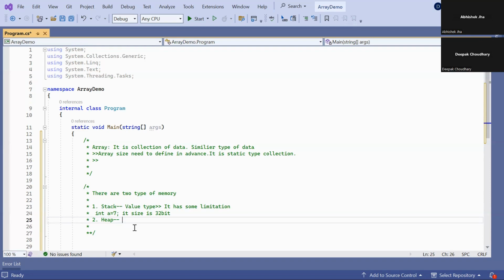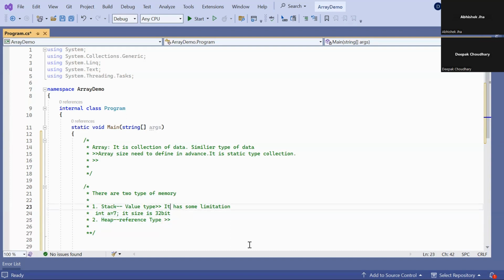That kind of type, in C Sharp, is a reference type. When we are talking about heap memory, we are storing data in an unlimited way. And in this heap memory, there is a chance of memory leakage. If there is a memory leakage, then it may be possible your program will get corrupted.